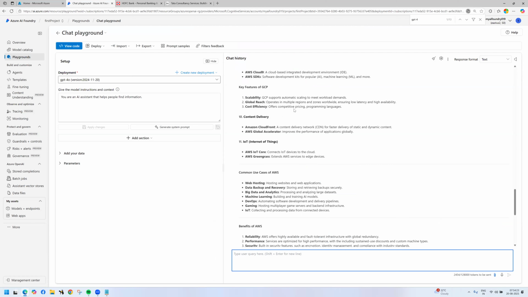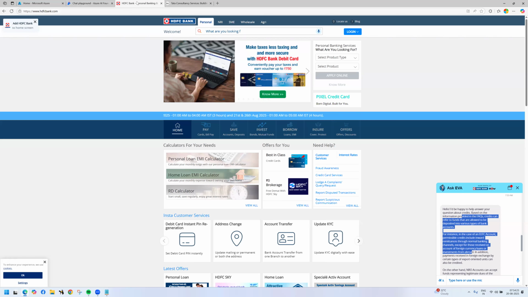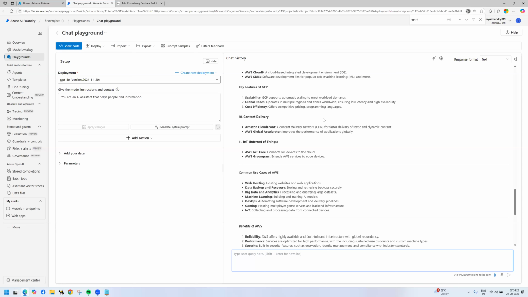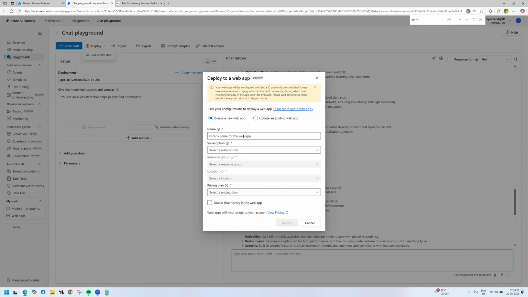Now I want to integrate with my application. How do we have HDFC, right? In the same way I would like to deploy it as my custom application. How to do that? There is one option, deploy it as a web app. Now click on deploy it as a web app. What is the web app name? My chat GPT